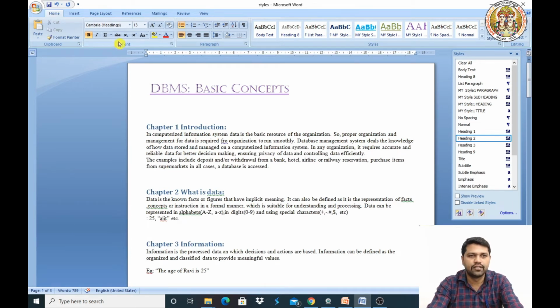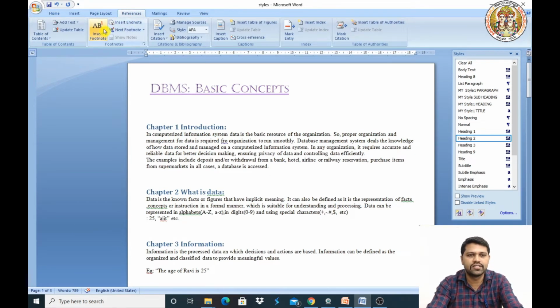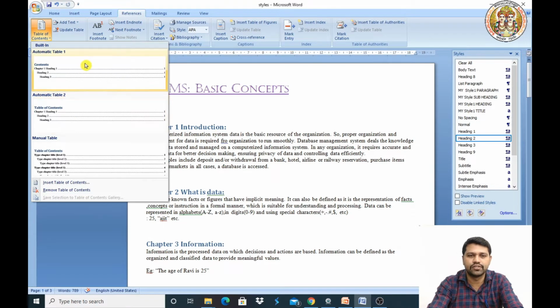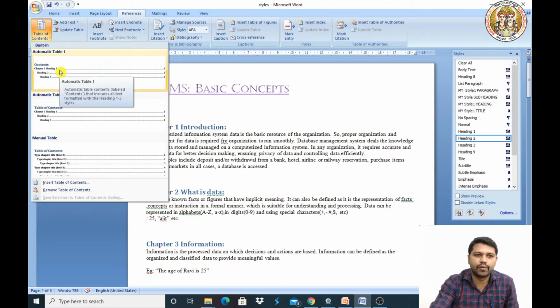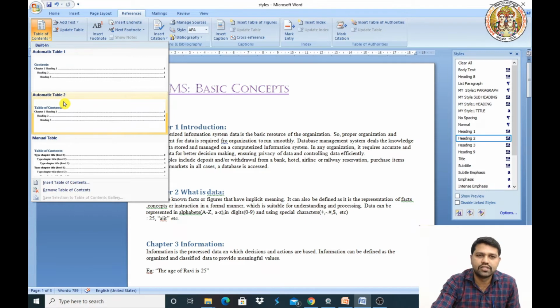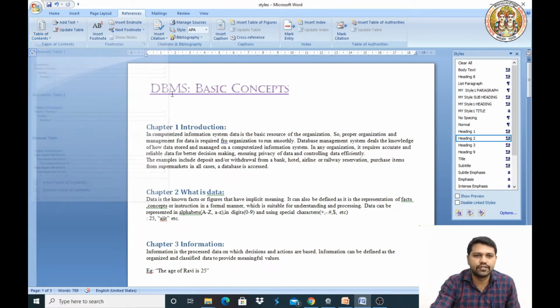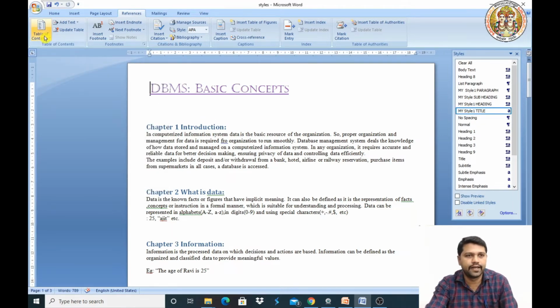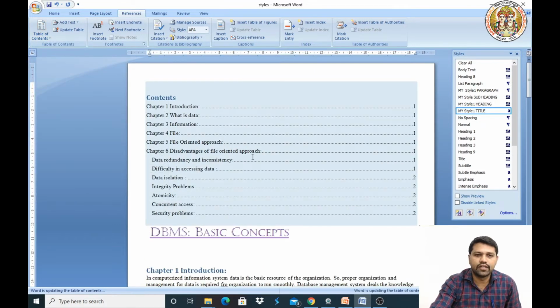So how to create it? Go to the References tab. Here we have the option Table of Contents. Click on it and you'll get these 3 options. Automatic Table 1 and Automatic Table 2. Just click on it and it will be inserted, and you can take the manual table also. I'll show that afterwards. I'll click here and insert it. So here you'll get an index for this document. So this is the way of creating a table of contents,